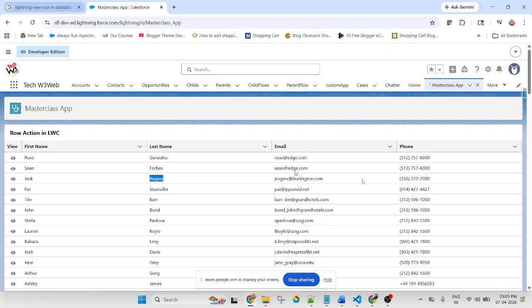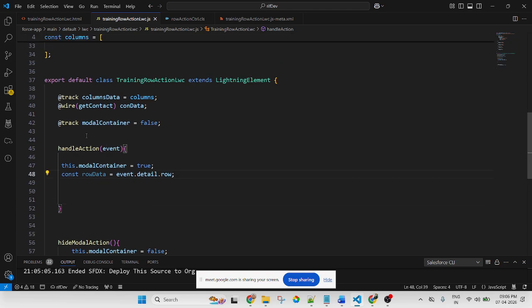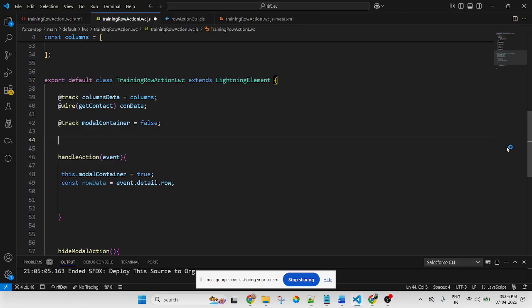So my new task is to remove this. First I get the exact data, now I pass the data into the modal pop-up. So how to pass it? Data is coming from an object, so first of all we need to create a track variable. Let's suppose the name of the track variable is contactRecord.